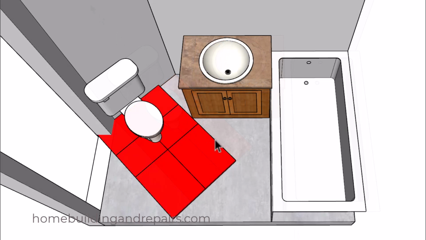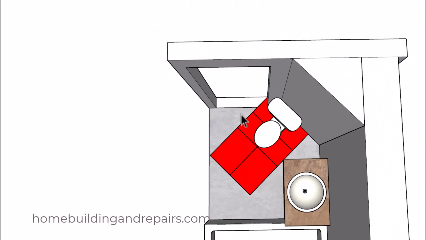bathroom. And of course, the next design problem we could run into would be the door opening and closing. Is the door going to hit the toilet when you open or close it? And to solve this problem, you could always install a pocket door, a door that is going to slide into the wall framing if that will work for your project. And again, you can see here where you've got a lot of room if you need to install new plumbing pipes, heating ducts, or electrical, which is the reason why most people are going to be rotating a toilet in